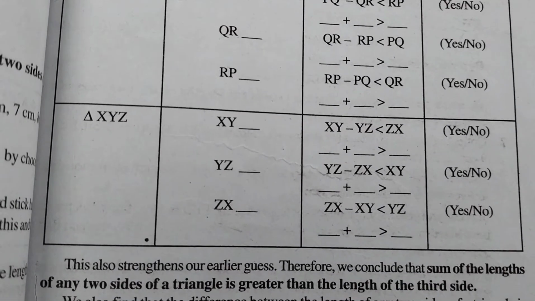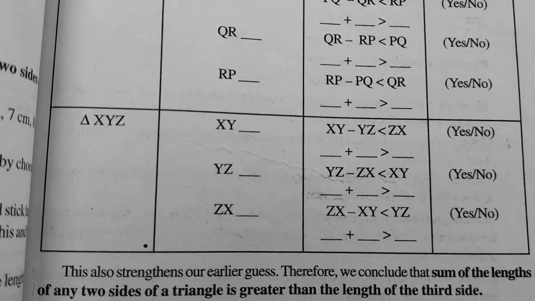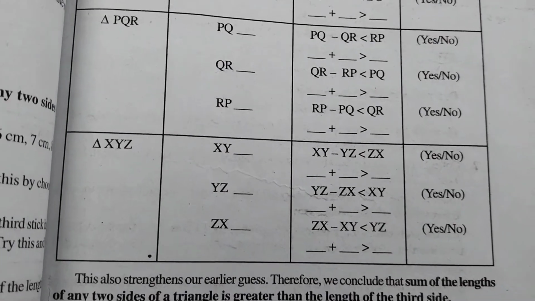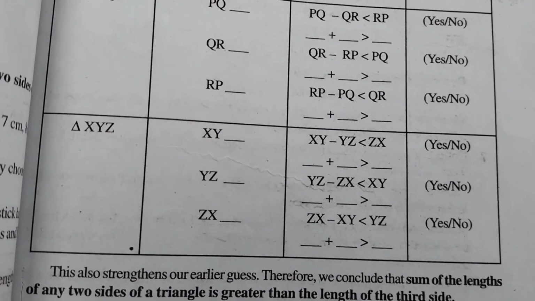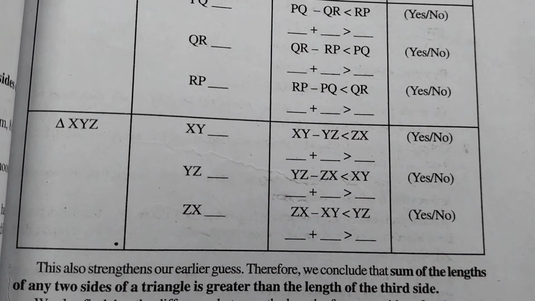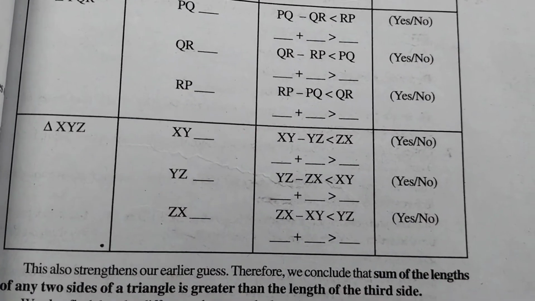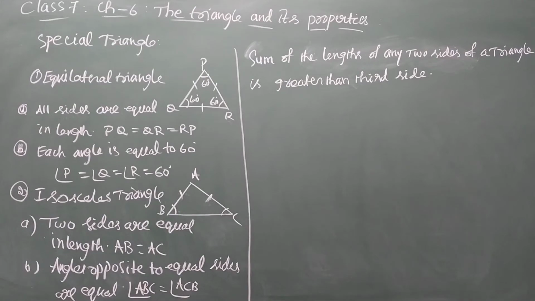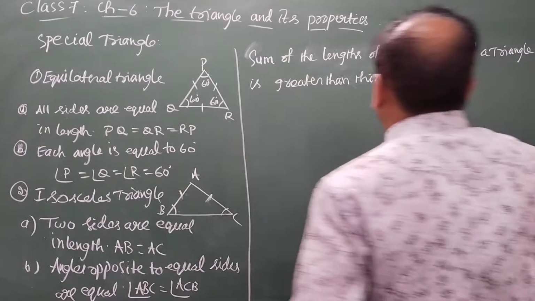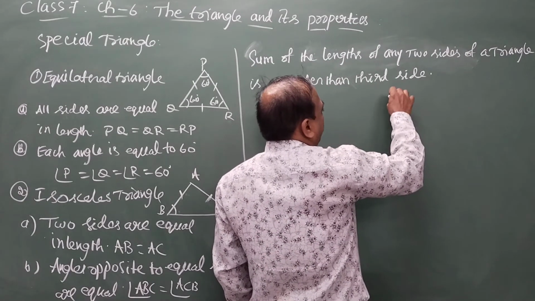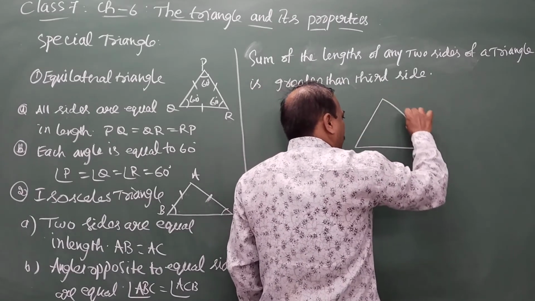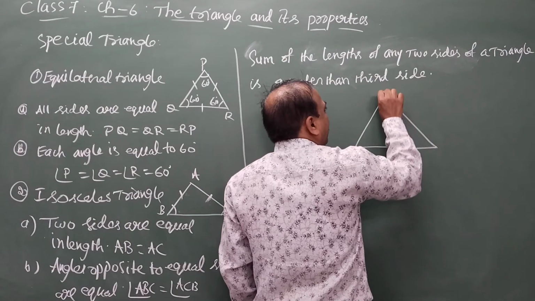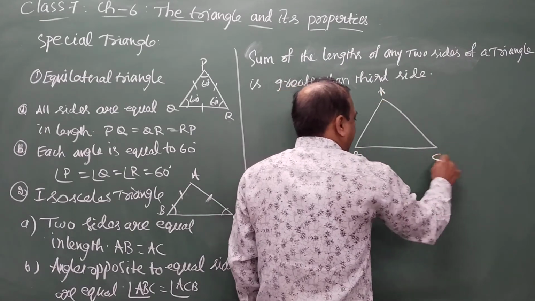So, the sum of the lengths of any two sides of a triangle is greater than the length of the third side. You will come to the conclusion that the sum of the lengths of any two sides of a triangle is greater than the third side. What is that activity? Let us see. Here we verify. If you take any triangle you take,